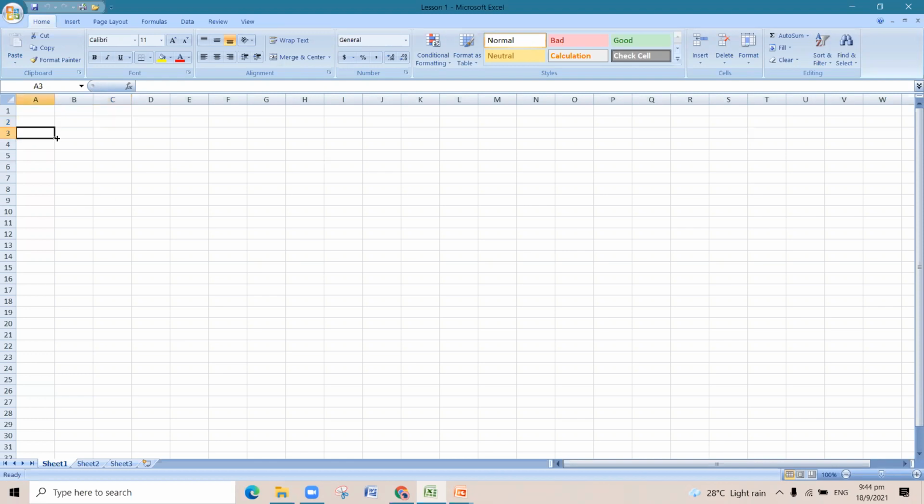Next one is the name of the cells. So if you see here at this place, you can see it is shown as A3, right? So this is showing you the